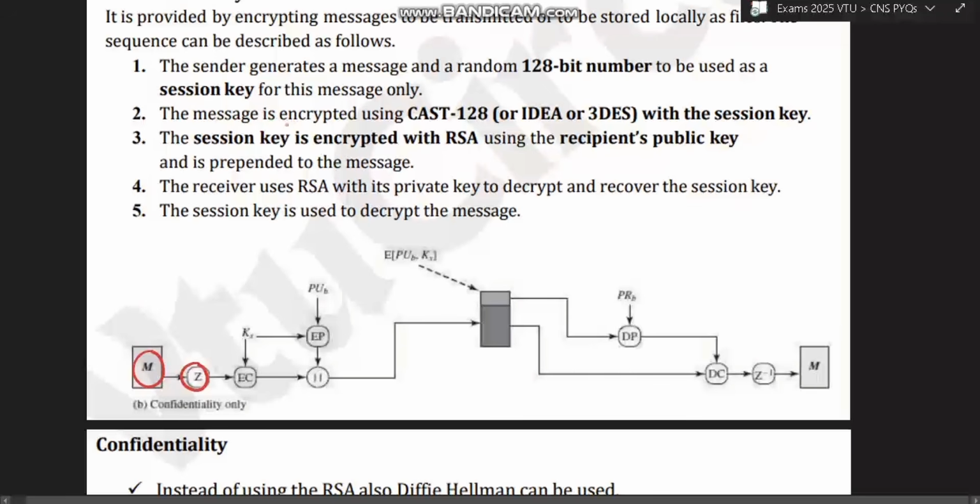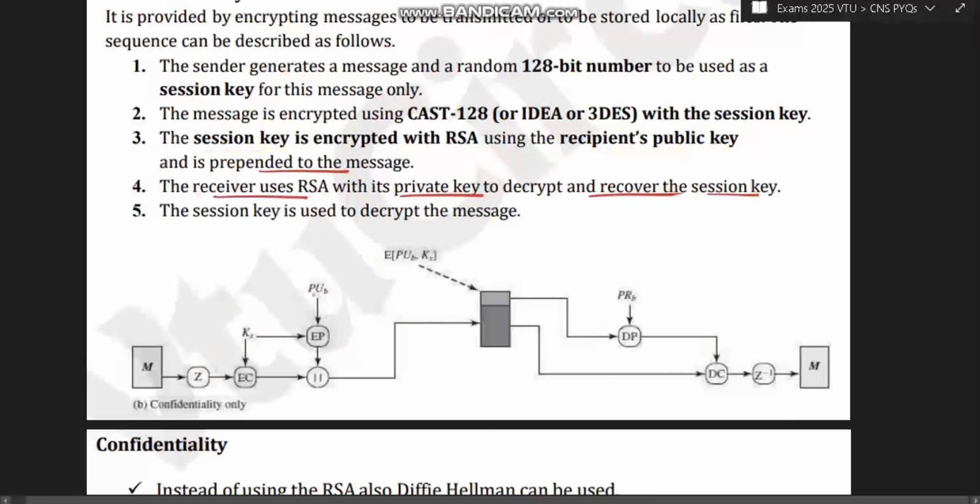Z is nothing but the message is encrypted using CAST-128 or IDEA or 3DES with a session key. The session key is generated and the CAST-128 encryption happens here, and from there the session key also takes the encryption here. The session key is encrypted with RSA using the recipient's public key, and prepended to the message. The receiver uses RSA with its private key to decrypt and recover the